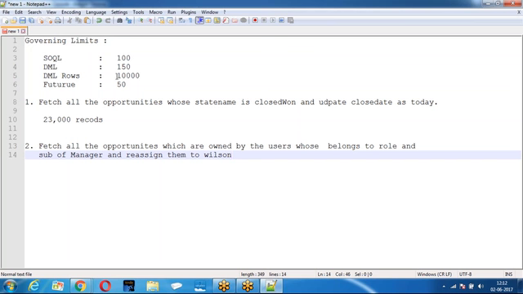How many records do I have to modify? 40,000 records. But according to the governing limits, how many records can you update? 10,000. Then how will you achieve this? According to the governing limits, we can only update 10,000 records, but you have a requirement where you need to update more than 10,000 records. Then we go for a concept called